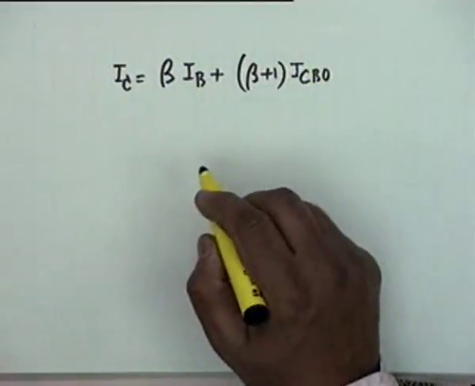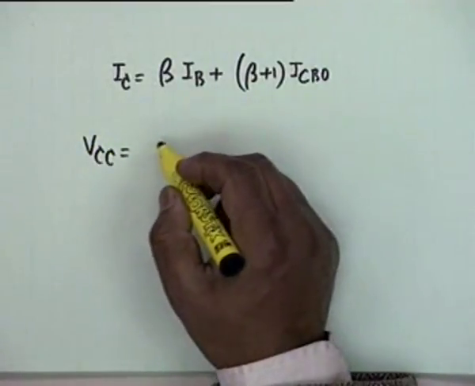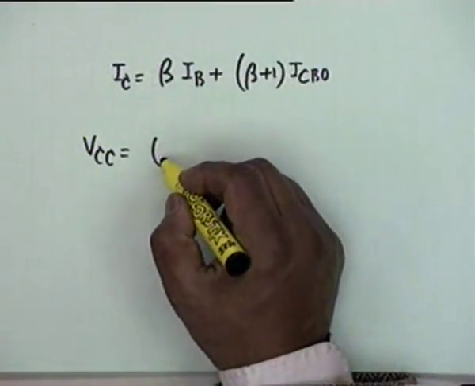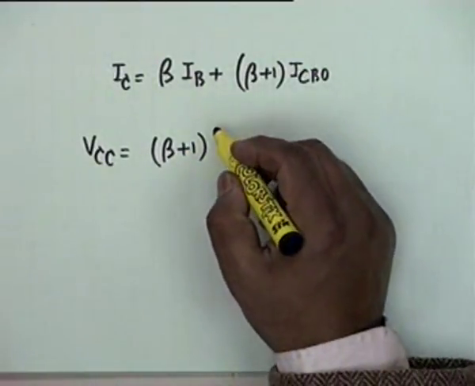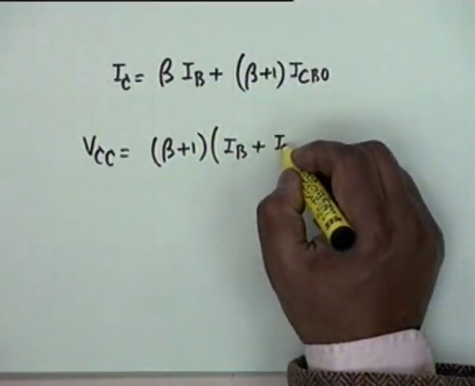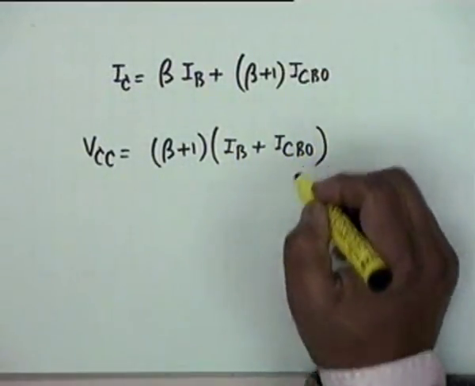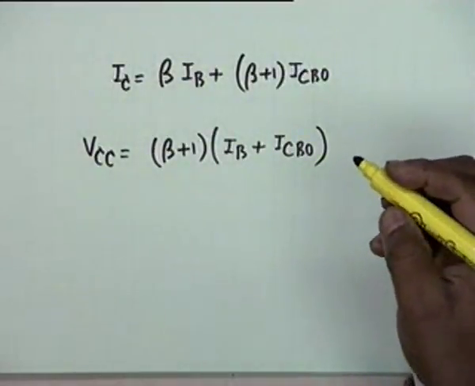So if I substitute this in this expression, then I get VCC as equal to beta plus 1, very interesting, IB plus ICBO. Do you see why? Yes. Okay. Beta plus 1 IB plus ICBO